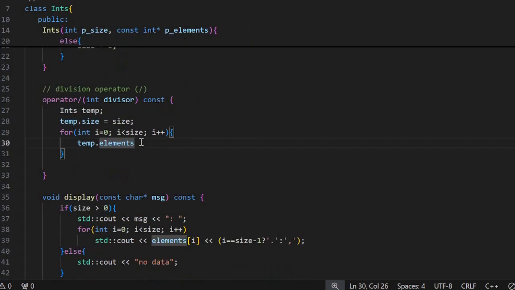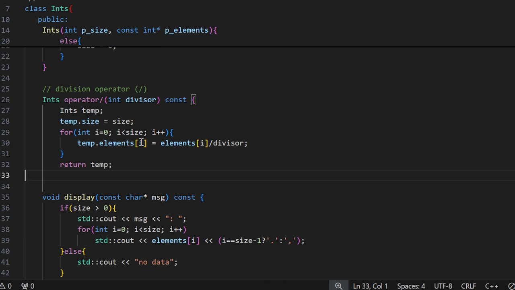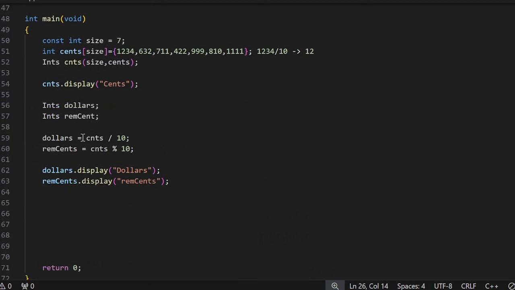So i equals to divide by divisor, and finally you return. So we want to have a return type, but we want to return by value, not by reference. So this is the logic or function that will actually make this operation a legal,